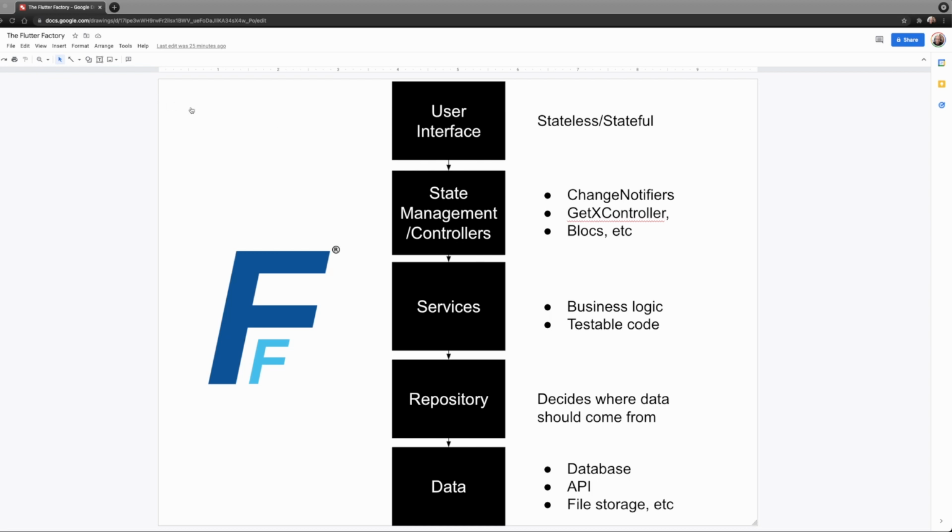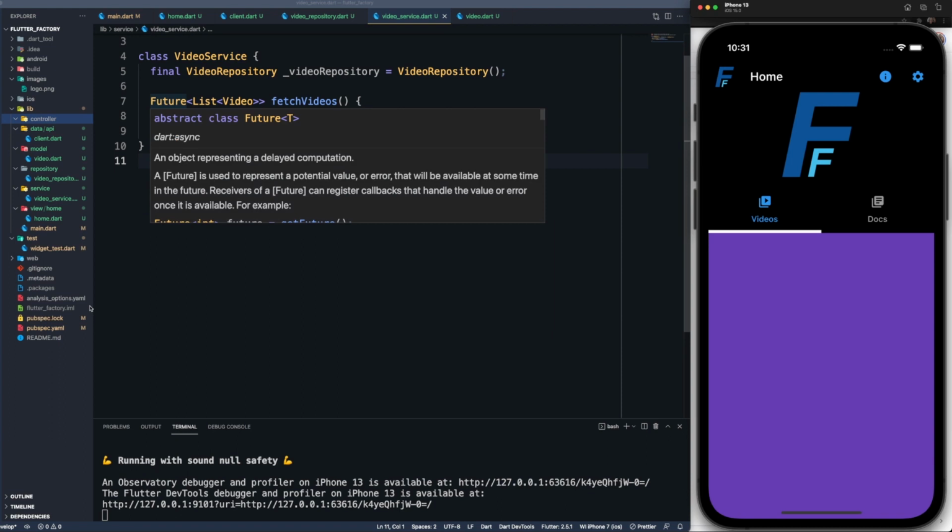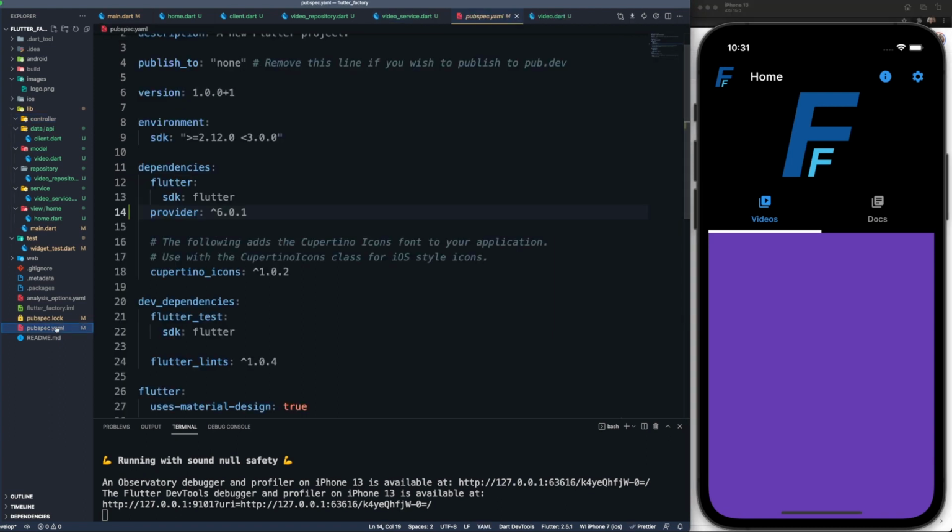So let's go back to the app, and I've already imported provider in the pubspec here. So you see provider 6.0.0 or 6.0.1 here. So let's go back to the controller. And if you're familiar with provider, you know that you might want to use a change notifier to control your state. So let's go to the controller folder, create a new file, and this is going to be called